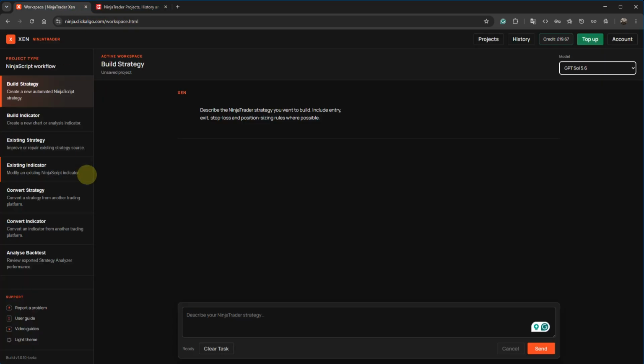First thing I'll do is create a very basic strategy, then I'll add a couple of changes to that strategy, and then I'll show you where the projects and the snapshots history are, so you can actually see how to restore them. First thing I'll do is on the top left, make sure you've got build strategy selected. You then choose the model you want to use from this drop-down list, and then I'm going to type in